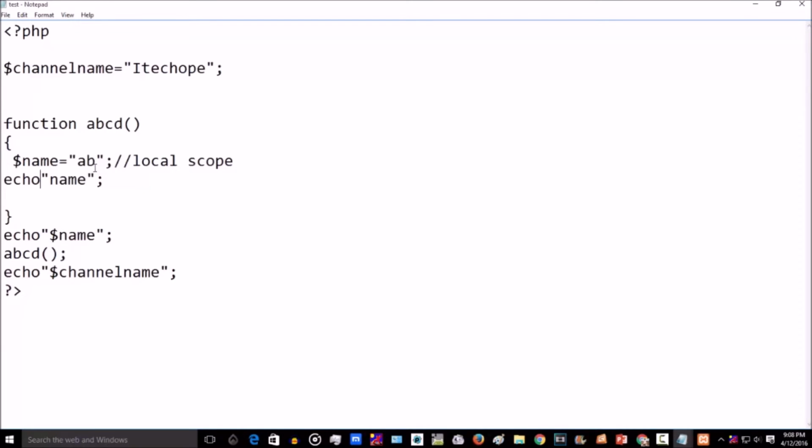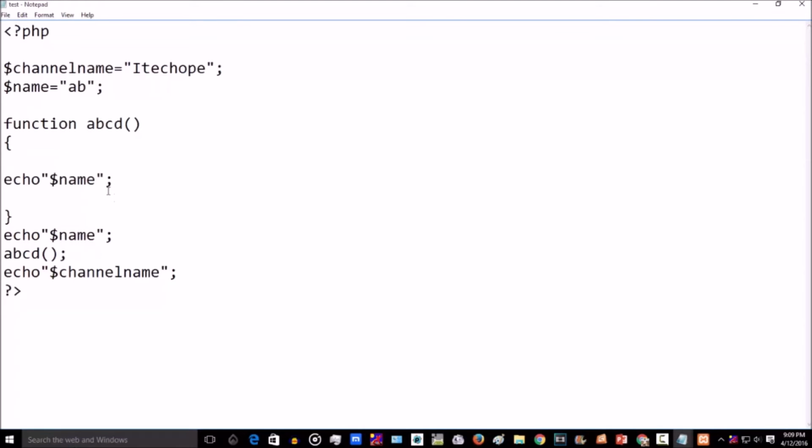So let's have a look at global variables. We can use them in multiple functions according to our need. We just define it once and use it according to our need. So let's say $name is equal to AB. Now here we will be removing this, just type $name.